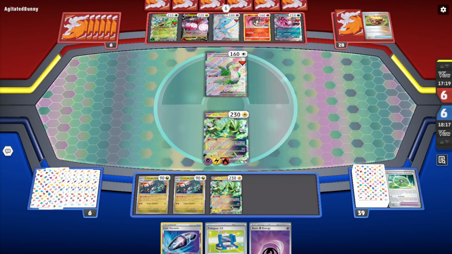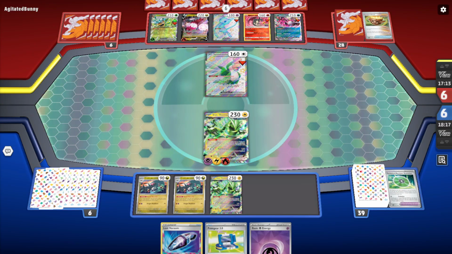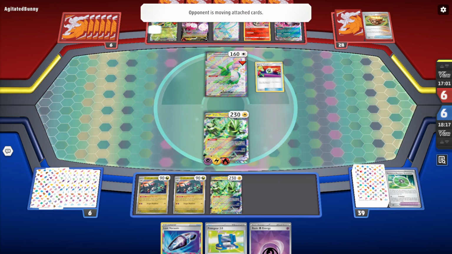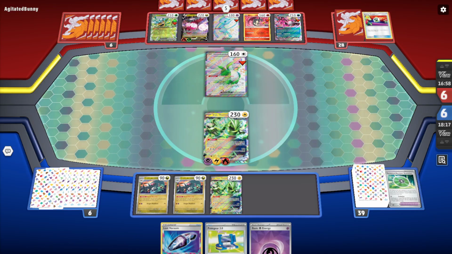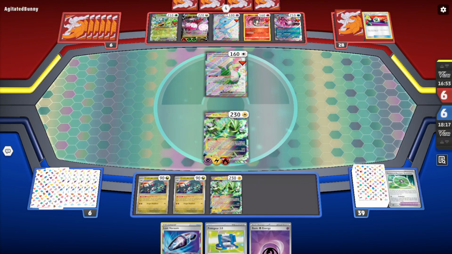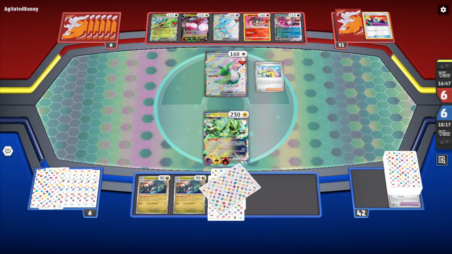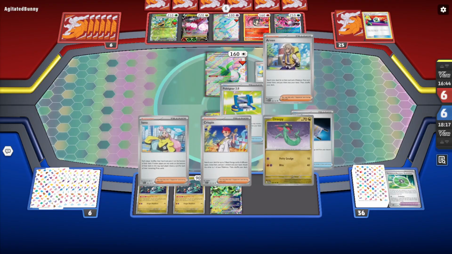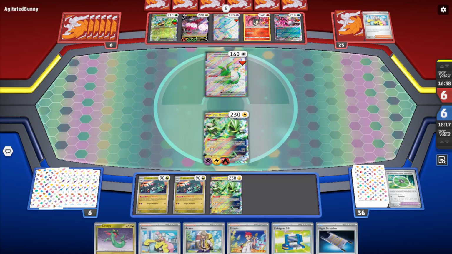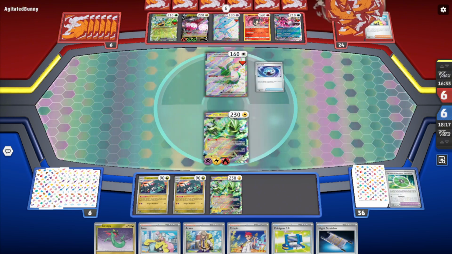There's a Pheasantipity down. Also doesn't do anything for them. There's an energy switch. They can retreat out the Squawkabilly, but like I said, I don't think they're going to. I think they just want to power up Regidrago and try to attack past my Iron Thorns. Okay, perfect. So we have Arven that guarantees not only my Iron Thorns retreat, but it also guarantees...